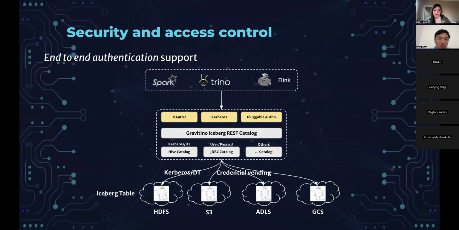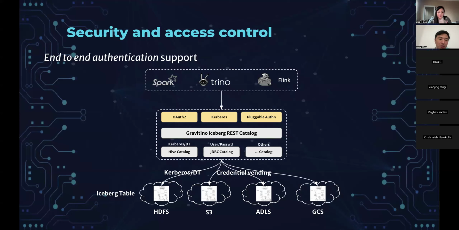The first thing is that we provide a pluggable authentication layer on the existing IRC. This pluggable authentication layer can support different authentication methods like OAuth2, Kerberos, and others. And users can implement their own to achieve their own authentication method. Also, when the Gravitino IRC talks to the catalog backend, we also implemented authentication for different catalog